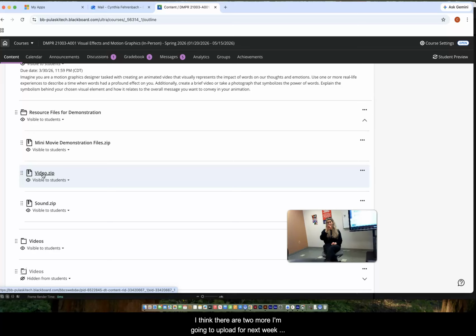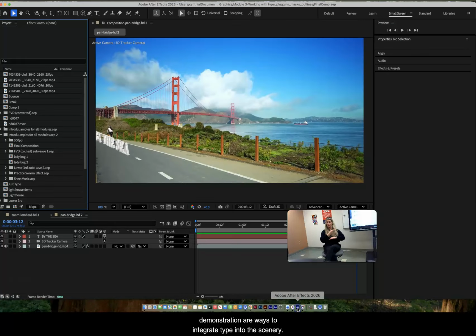I think there are 2 more I'm going to upload for next week when we wrap this up. So I do think we're going to wrap up this module on Tuesday and then talk about the next assignment in this class. The things that I want to show you today in today's demonstration are ways to integrate type into the scenery. And so in these 2 examples that I'm going to play for you,